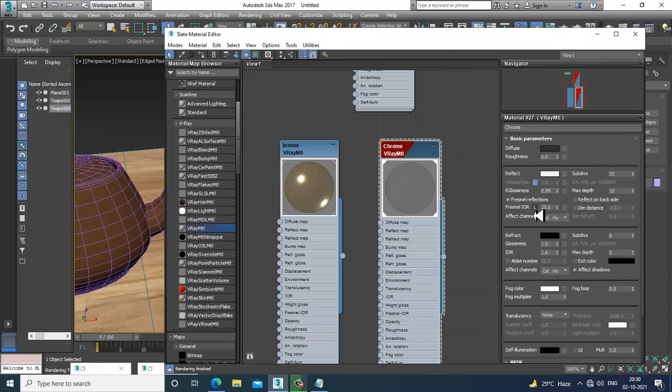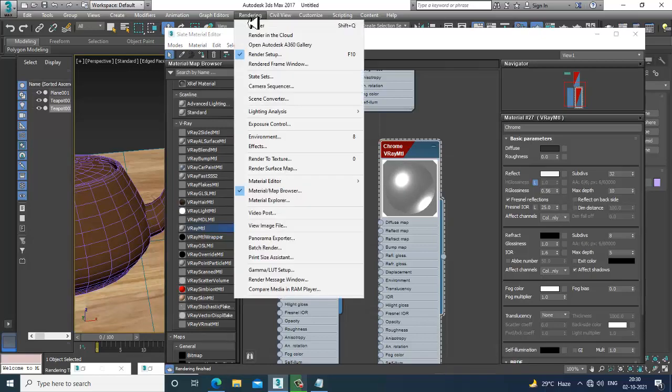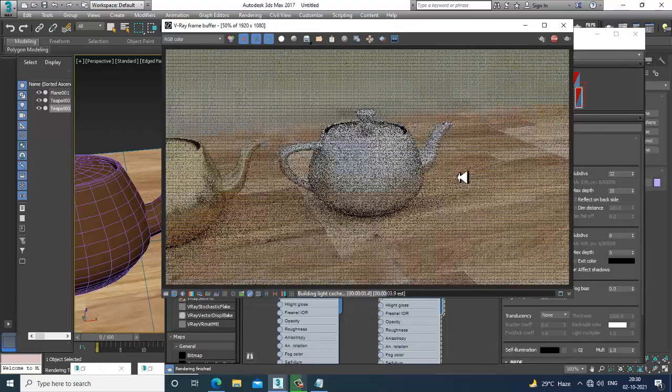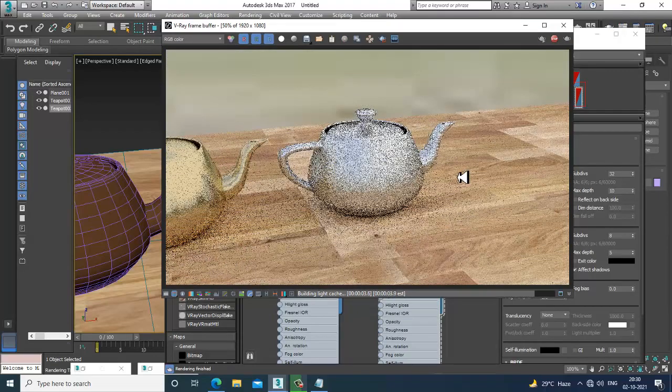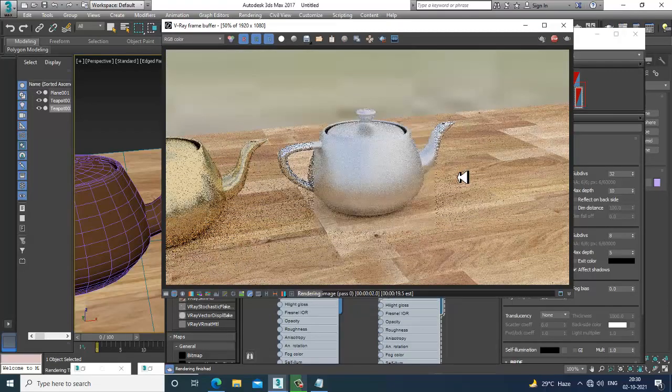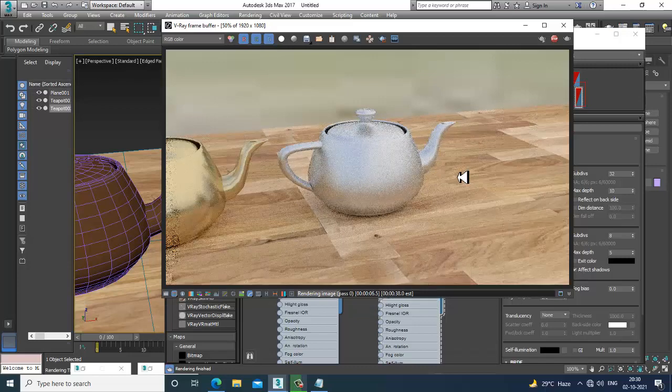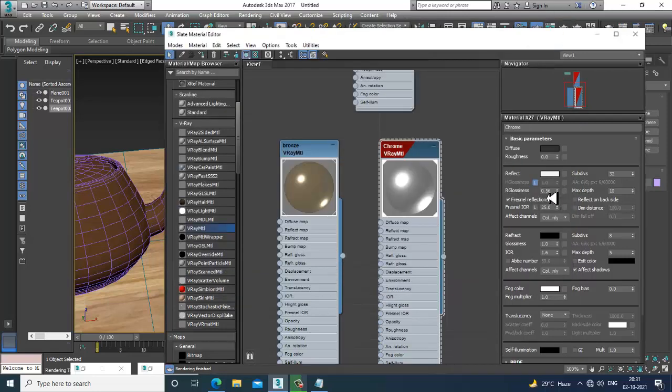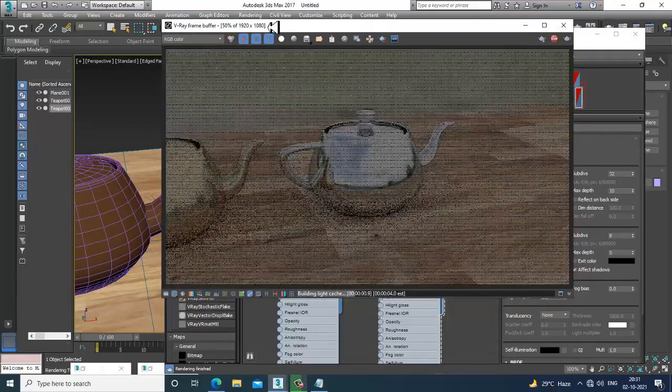So this is what your R glossiness is. If you reduce it and render it, you will see that it gives you more of a satin material. See this, more of a satin. If you increase it, I just increase it to 0.99 or 0.94. That's how it will work. Now we can again render and see. You get high reflections over here.